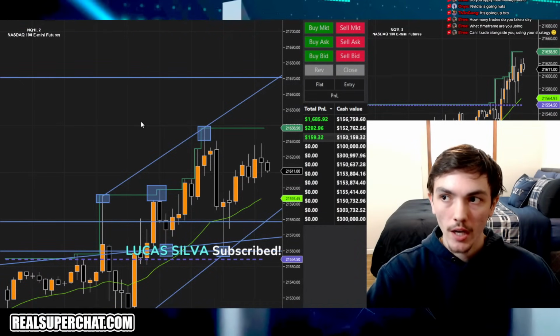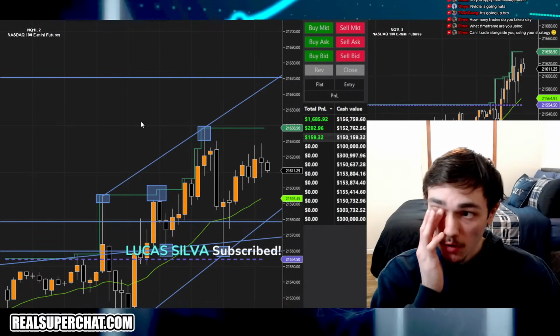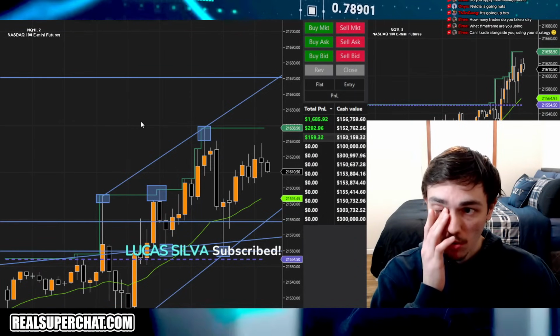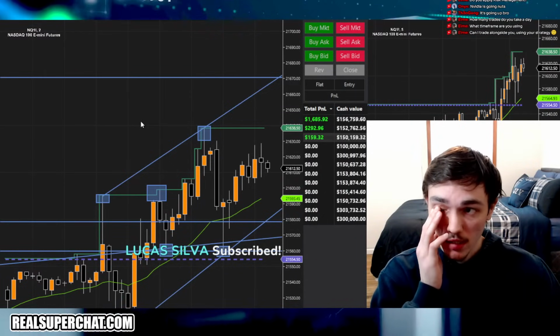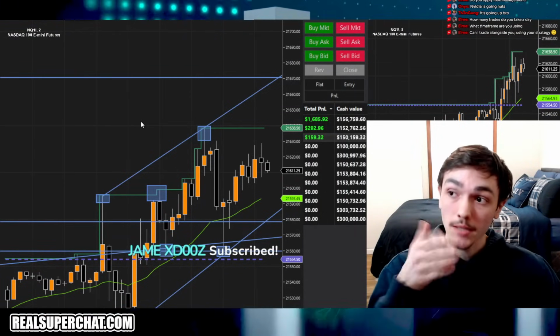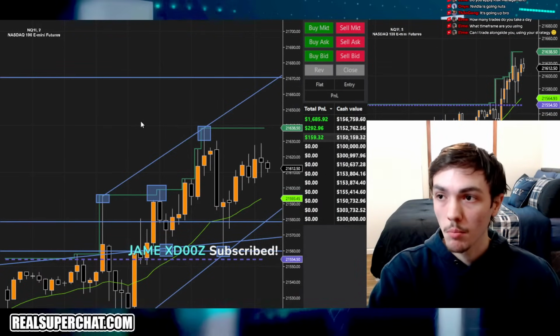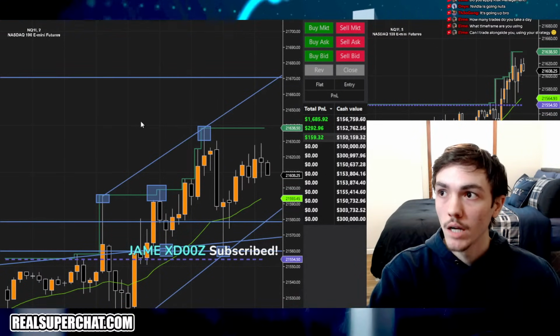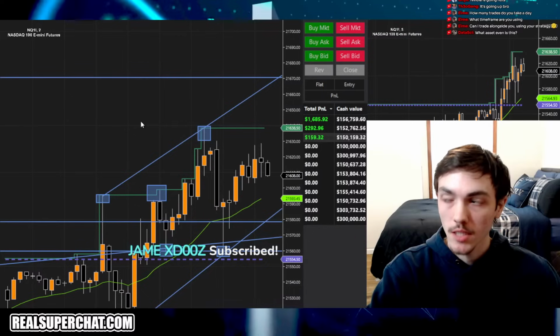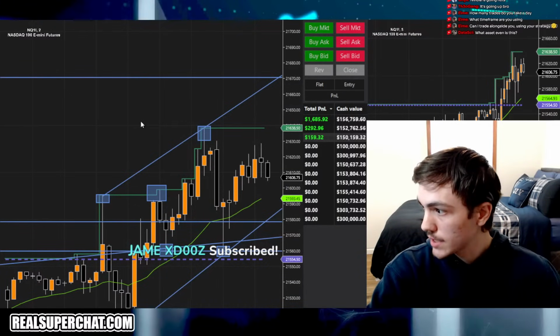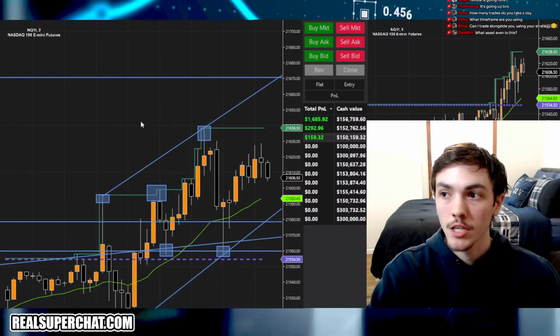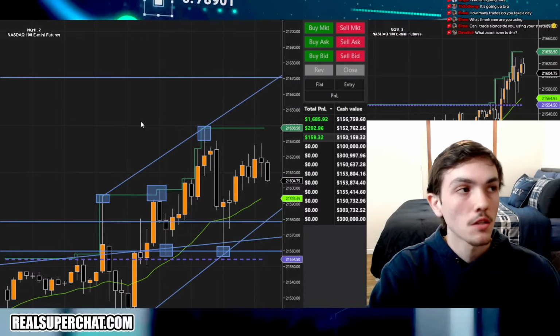NQ did create a lower high, so I'm waiting to see if this falls down to at least the 21 EMA. It may not, may consolidate here and then prop up, break the high of day, and go to that pivot point at 21,670. What asset is this? This is NQ futures, the future indices of the NASDAQ.